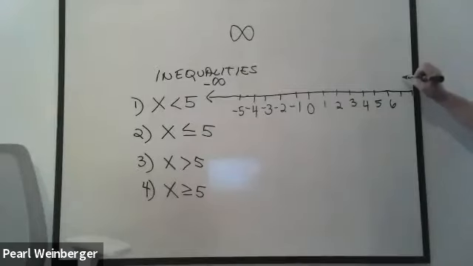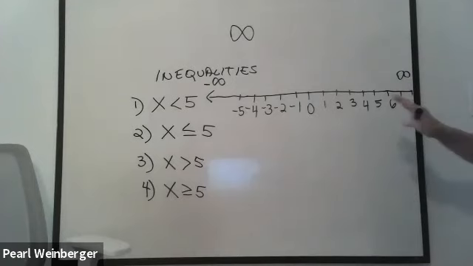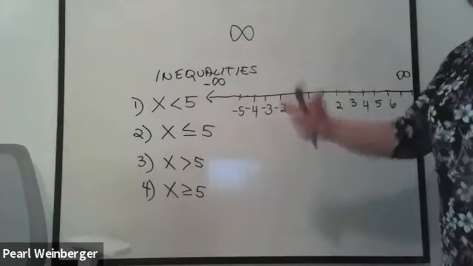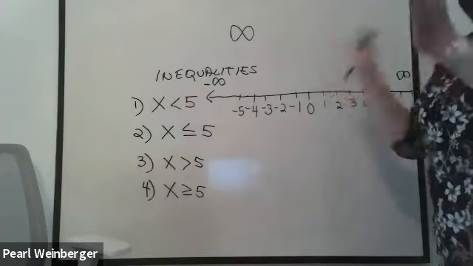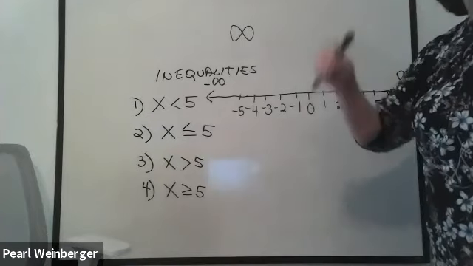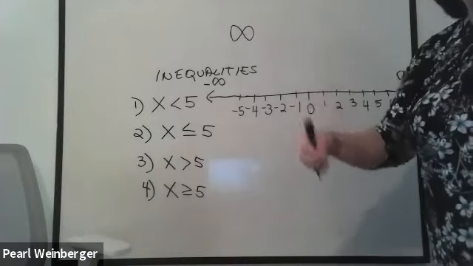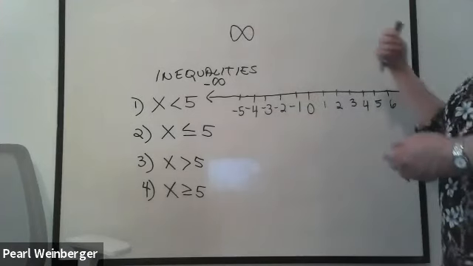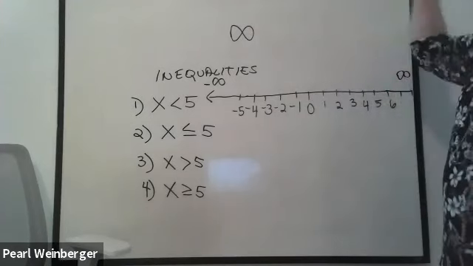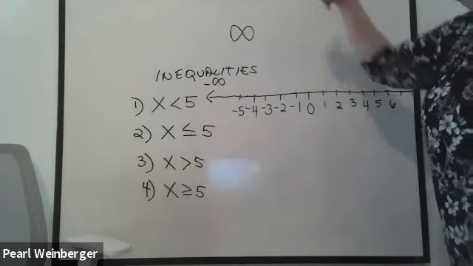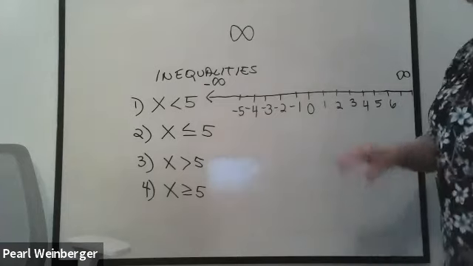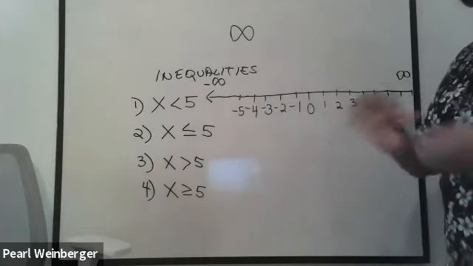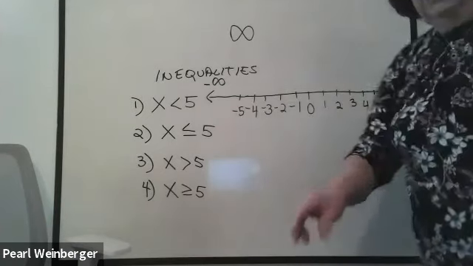All the way to the right is what we call positive infinity. Now, infinity is not a specific place. When I say we're going to infinity, I just mean you're going on and on without end. It's not like 100, a specific number. Infinity is not a specific number. It's just an indication that you're going on and on. Positive infinity means you're going on and on to the right. Negative infinity means you're going on and on to the left. Now, I'm going to illustrate each of these inequalities on the number line. I think it looks clearer on the number line.